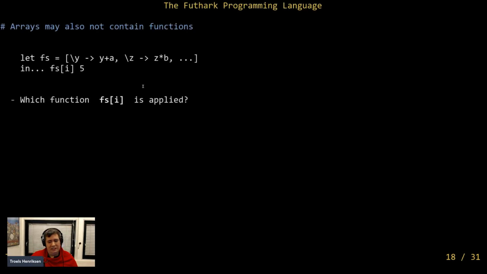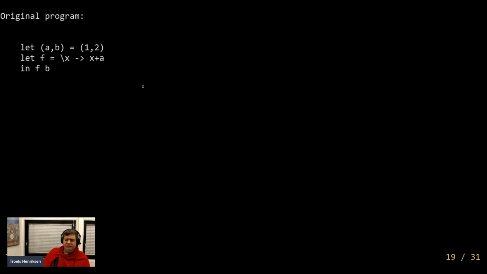And with these two rules, and an additional one that is not so important, we will get the guarantee that we can always decide statically, whenever a function is applied, which function that is. So you get the feeling of programming with higher order functions, but with some strategic constraints. That means the compiler has a much easier job. So this is essentially how it will look.